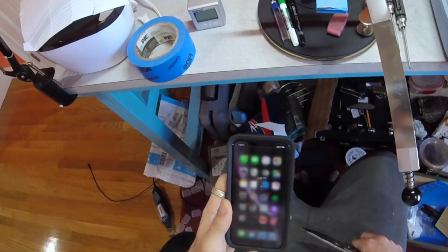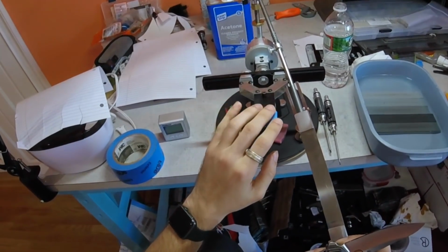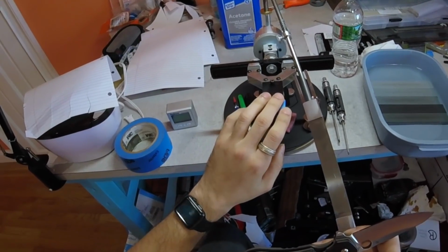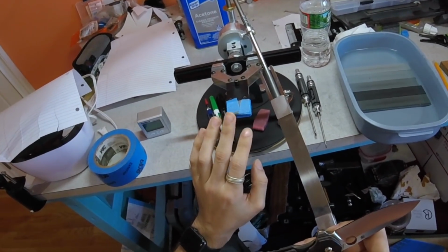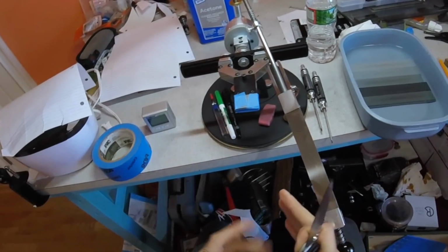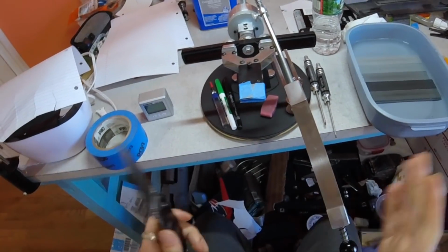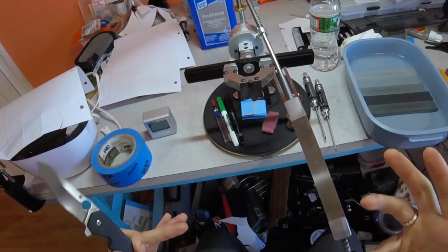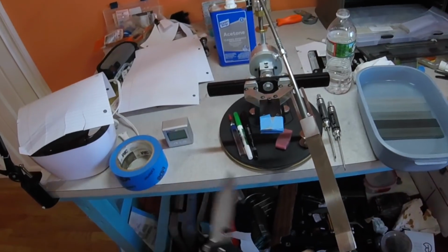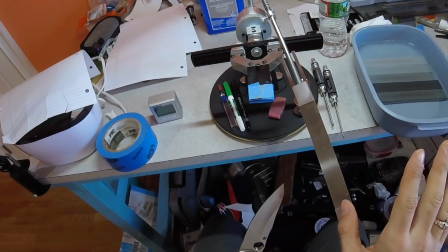So I wanted to make a sharpening video specifically on using clamped guided systems for people who are kind of new or even intermediate, on basic usage, tips and tricks, and how to go about the most important steps in sharpening, kind of like the most important things you can do to make sure your edge is good. This isn't going to be like a mirror edge tutorial or anything like that,